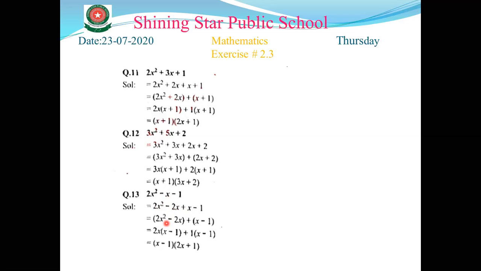From the first two terms, we take the common 2x. Here is x minus 1. From next two terms, we take common only 1. Because first bracket has x minus 1. So second bracket must have x minus 1. Because we know that our question will be right only in that condition if we have both brackets same. x minus 1 with x minus 1. Now, x minus 1 multiply, from this term when we take the x minus 1 common, we get 2x. From this term, when we take the x minus 1 common, we get 1. So 2x plus 1.